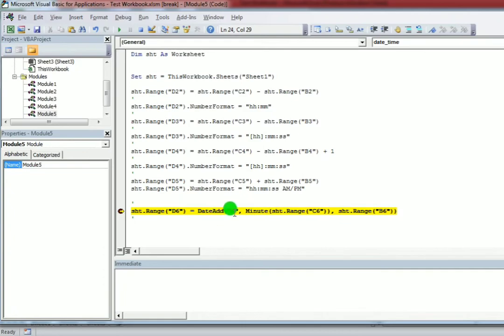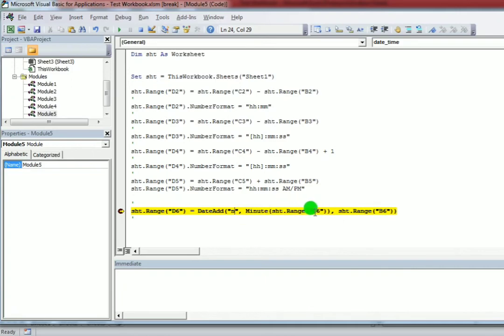This is the parameter: first you give the interval you want. If you want to add hours, then you need to give H. In the second parameter you need to give the number, and in the third parameter you need to give the time.